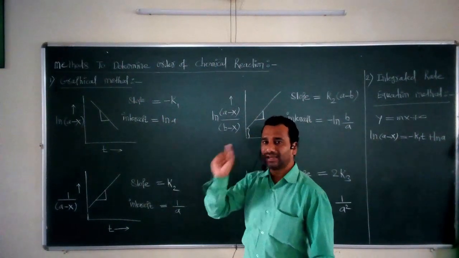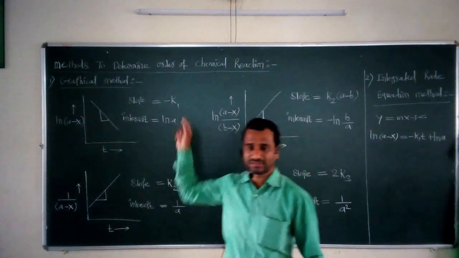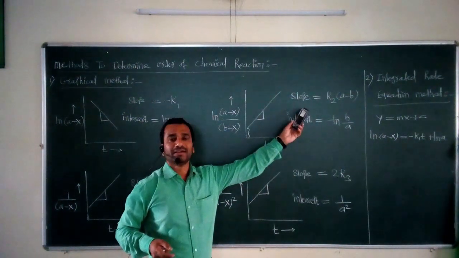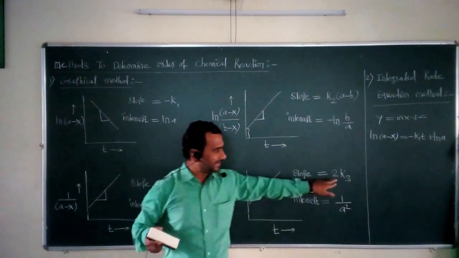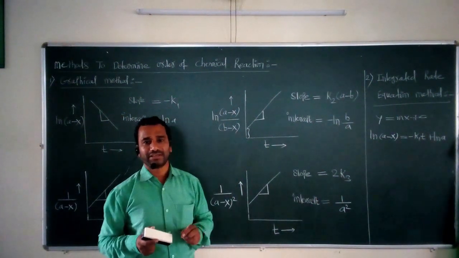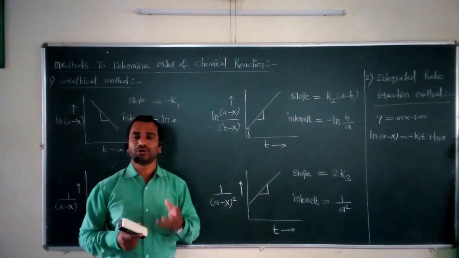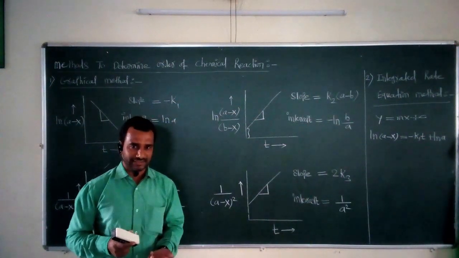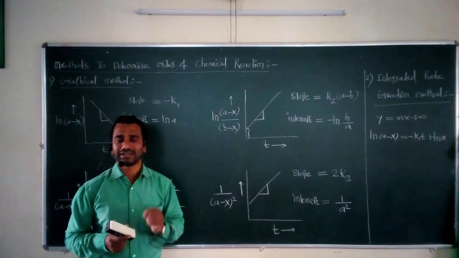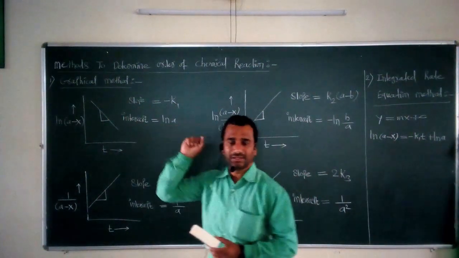So you may calculate the rate constant for a particular chemical reaction: this K1 is the rate constant for the first order reaction, this K2 is the rate constant for the second order reaction, again this is K2 for second order reaction, and this is K3, that is the rate constant for the third order reaction. So this important method gives two different parameters of a chemical reaction. First, it can give the overall order of a chemical reaction, and second, it gives the exact value of the rate constant for the particular chemical reaction. So this is the first important method, that is the graphical method.